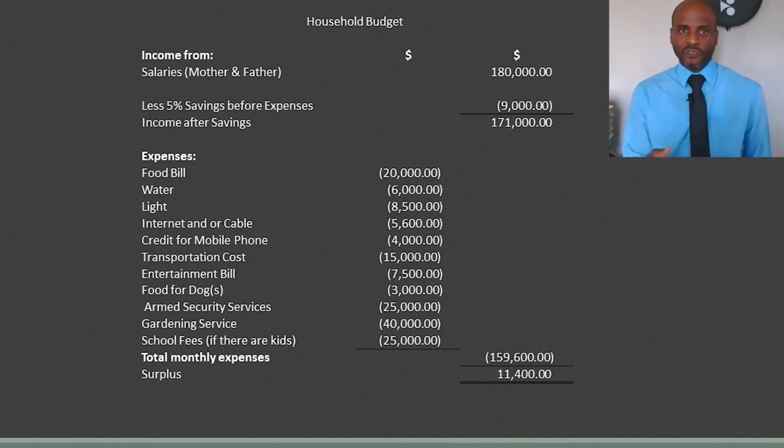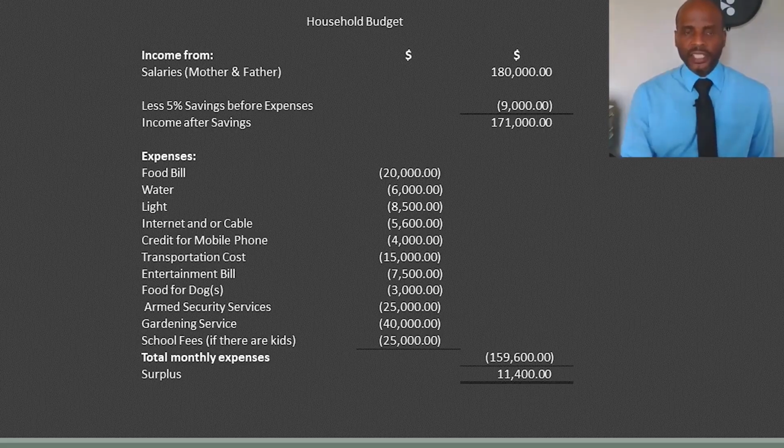You take out savings first. So savings might be 5% of the earnings, right? So you put away $9,000. It's the first thing you take out, right? And then now you're going to account for all the expenses, right? Your food bill of $20,000. Water bill $6,000, light $8,500, internet and cable $5,600, credit $4,000 for the month, transportation costs $15,000, entertainment, right, $7,500, food for the dog $3,000,